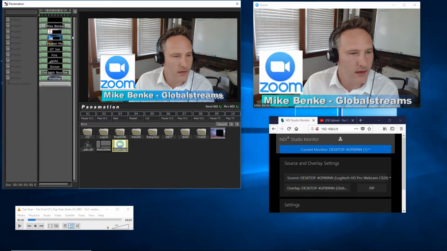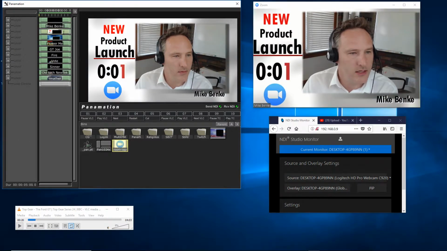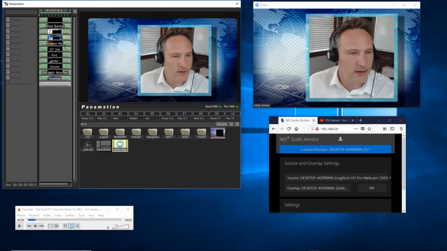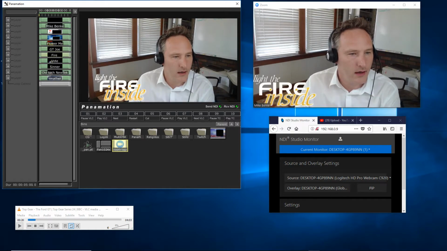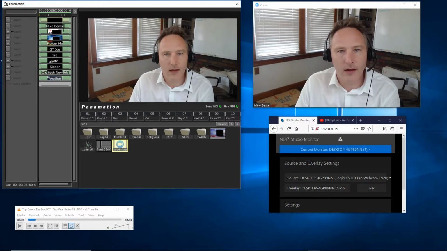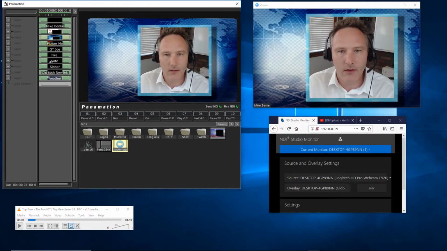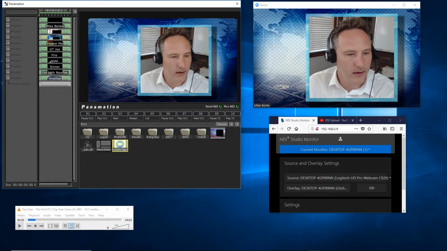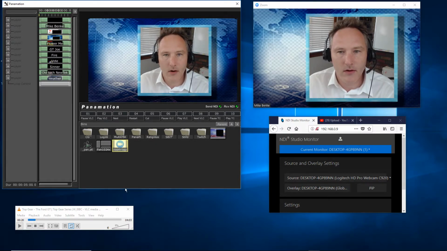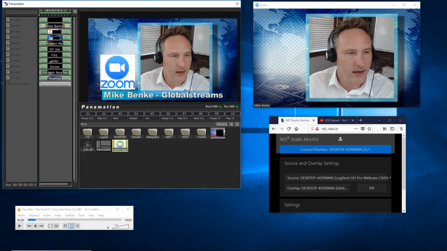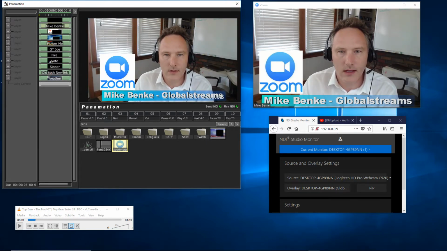And each layer has its own independent images, so you can see as I cycle through them again what you've got. And all those things can be tied to a keyboard shortcut if you like, or you can use your mouse to do it. So anyway, that's just a quick demo of how to dress up a Zoom call using